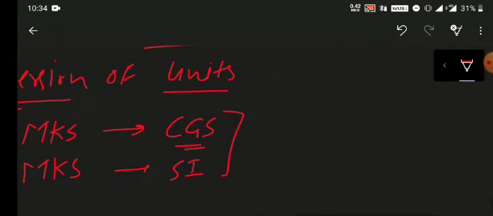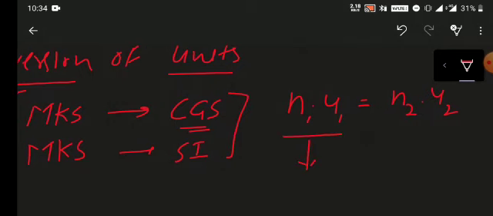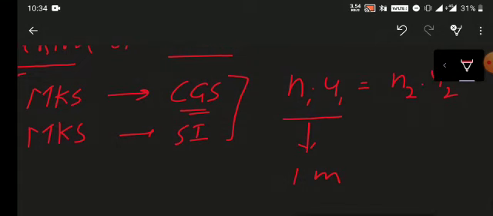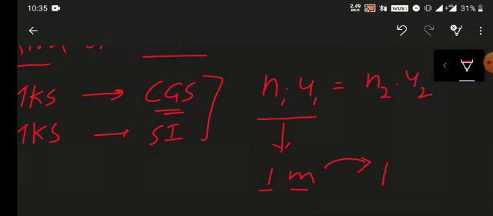Now let's talk about how can we change the units. You know that any physical quantity having form of numerical into units. So it's mean the first unit having n1 u1 and you want to change another one, so the another one is having the units in form of n2 u2. Let's take one example. I wrote 1 meter. So you know this is a numerical value and this is a unit. You want to change in another dimension, like you want to change in a CGS form, so you can write as a 100 centimeter. So n2 is 100 and u2 is equal to centimeter. So you can easily change anything from 1 to second.